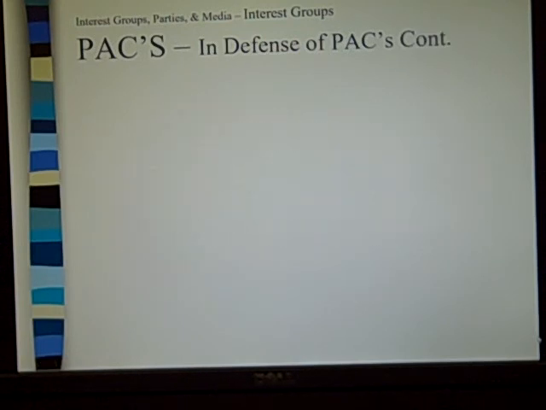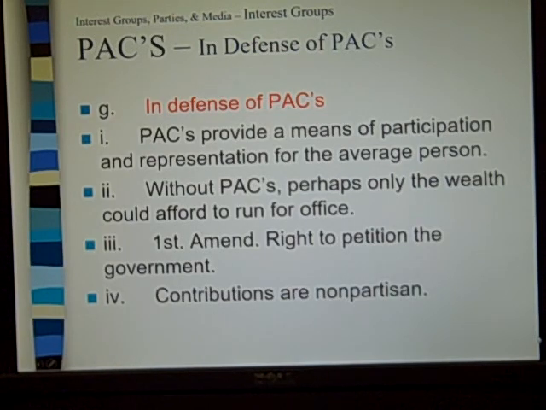Now, why do we defend political action committees? Okay, one, we do see them as a means of participation that the average person doesn't have. Okay, that's a true statement. A lot of people will actually argue the exact opposite of what I just said, in which they would argue that without political action committees, only rich people could run for office. Really, only rich people are running for office already. And then once you get elected into office, and once you are wealthy, then you have the added advantage of garnering that money from the political action committee, and you're capable of doing things like getting reelected.